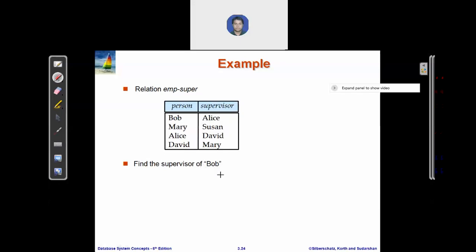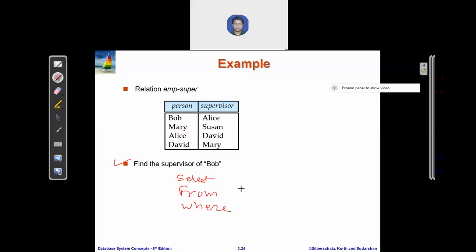So what query can you write for this? What SQL can you write for this query? Find the supervisor of Bob. First, the query structure says select, from, where.